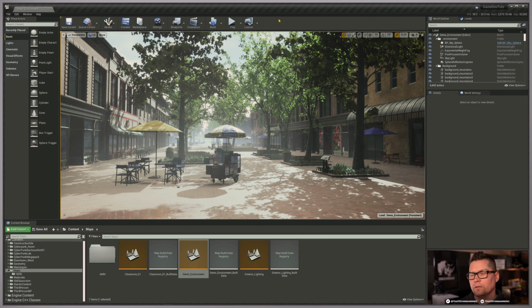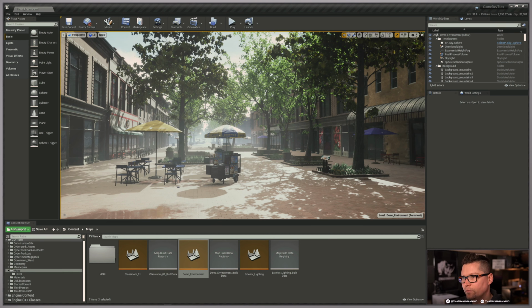This may be too expensive. I can tell you, though, that distance field ambient occlusion works for just about every platform, minus the ones that are really hardware constrained. Things like the Nintendo Switch, mobile devices, you probably don't want to use this. So, okay. So with our distance field ambient occlusion turned on,